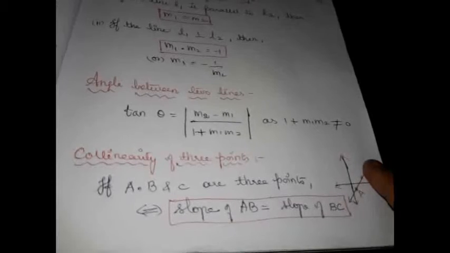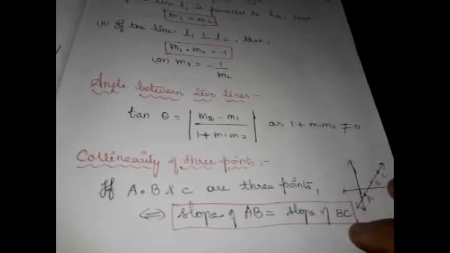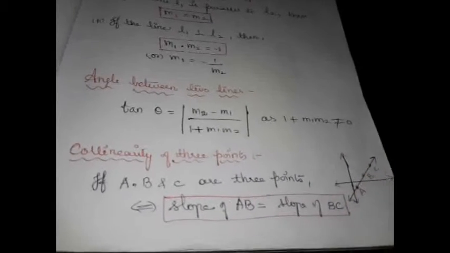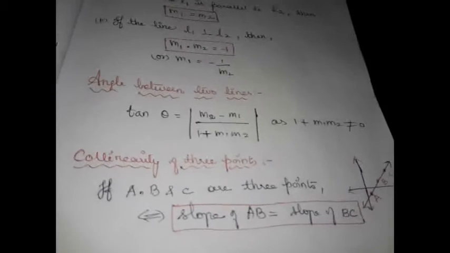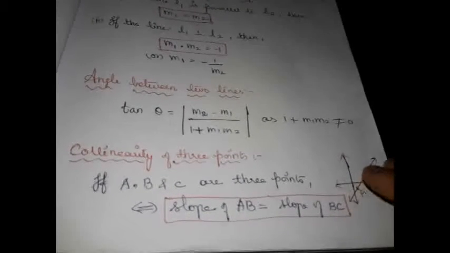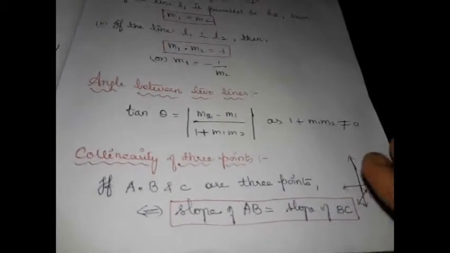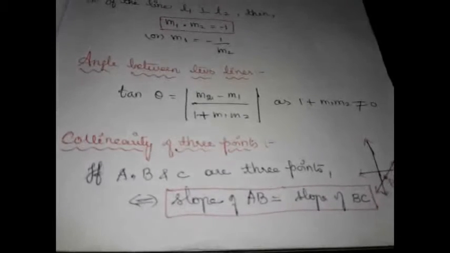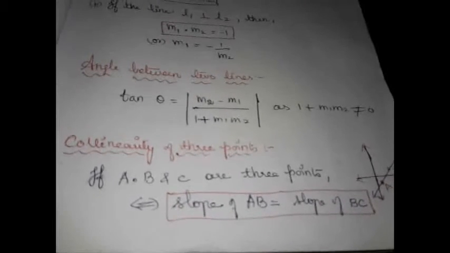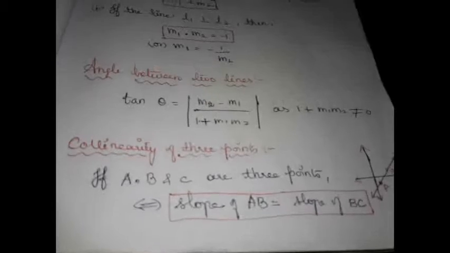Now we are going to see how we can tell the 3 points are collinear using the slope condition. If the 3 points are collinear, then the 3 points lie on the same line. So AB is a segment of this line and BC is another segment of the line. Therefore, obviously their slopes should be equal. Right? Slopes should be equal. Therefore, slope of AB is equal to slope of BC. Then the 3 points will become collinear. Only if they lie on a straight line, their slopes will be equal. So, using slope condition, we can tell the 3 points are collinear.